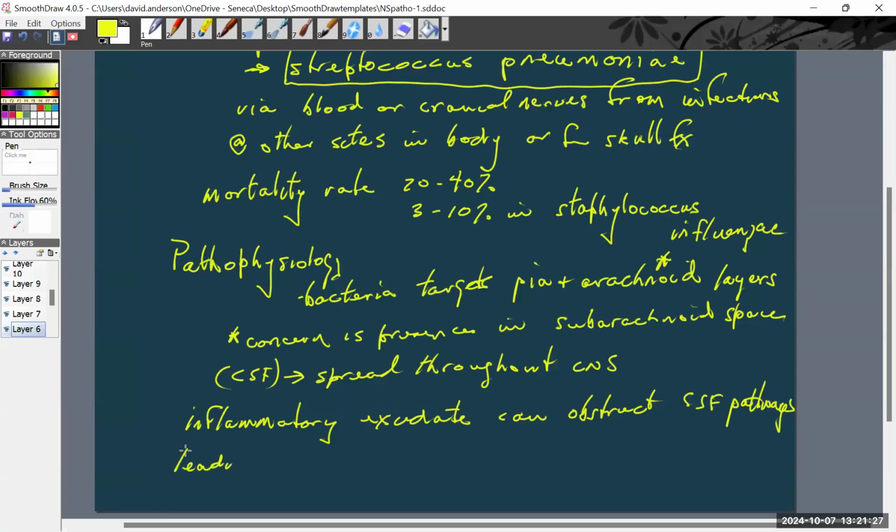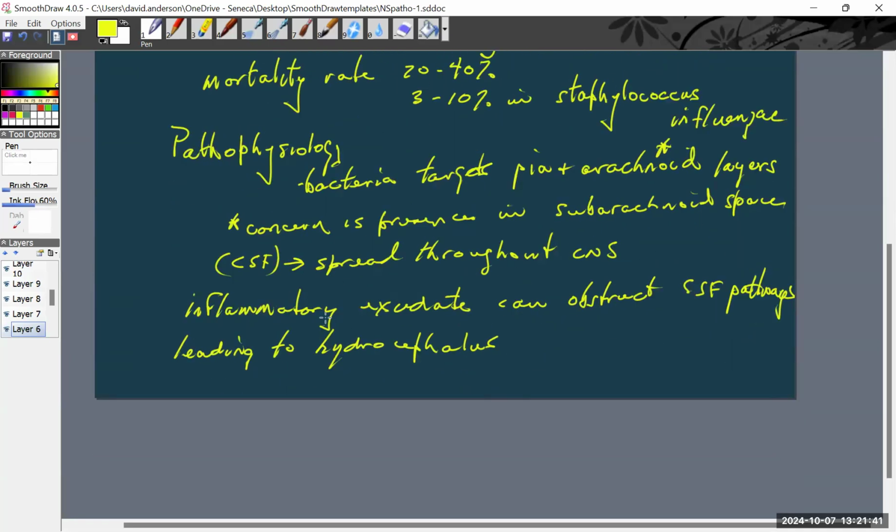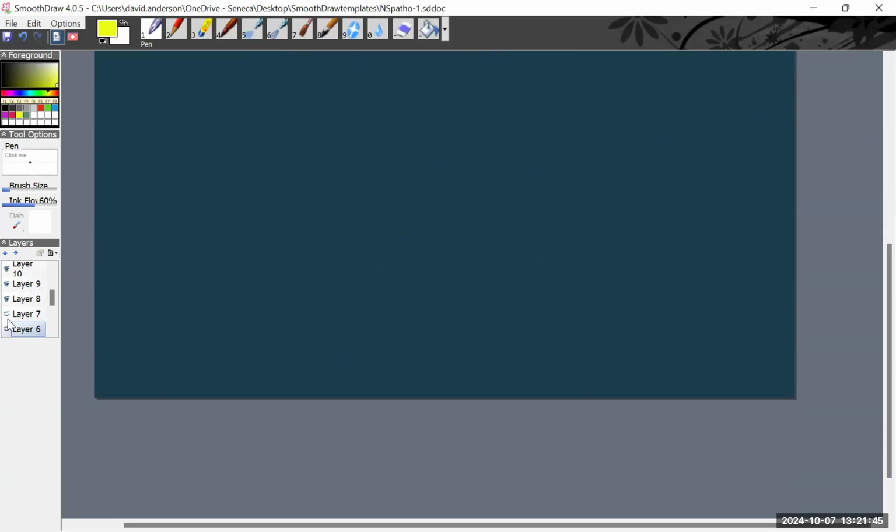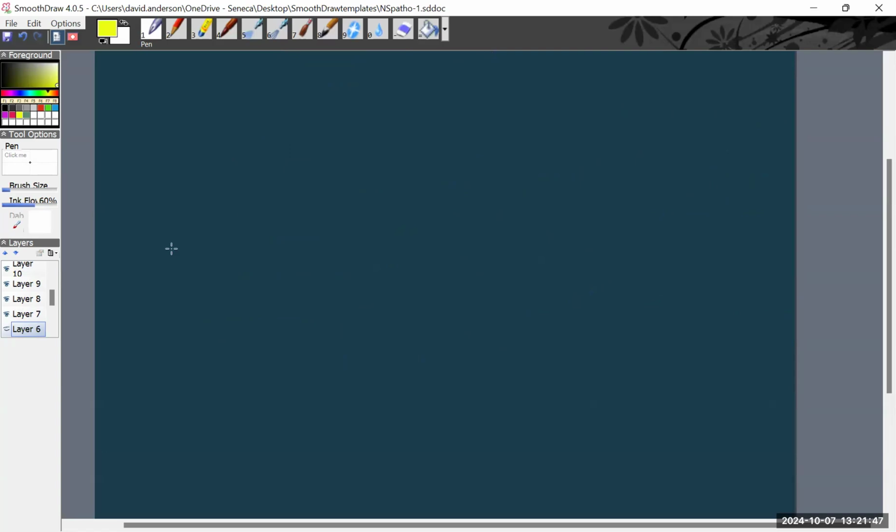And we know what happens if we obstruct cerebral spinal fluid. That can lead us to hydrocephalus, and we can have a scenario that presents